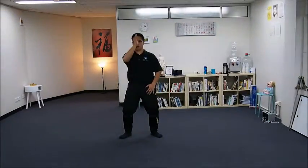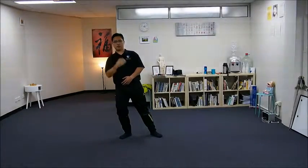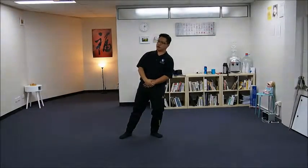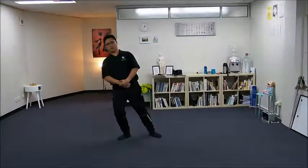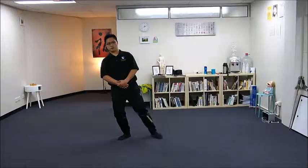If I'm doing a 50-50 horse stance, I get support, I'm leaning on the back. As I lean on one side, I will be leaning on my shoulder. Leaning on the back, and then leaning on the shoulder. So this is empty and solid. This is 50-50. Getting this, you'll be leaning